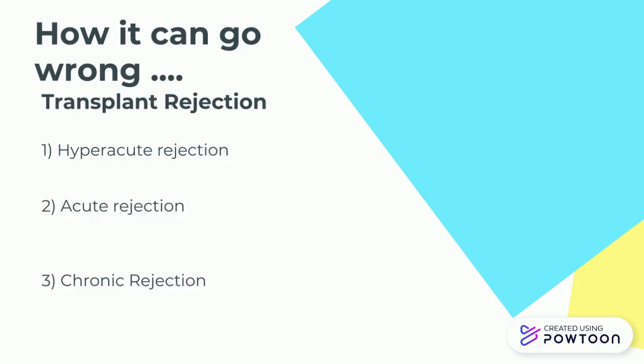A method used to ensure this doesn't happen is by testing and matching the donor and recipient's blood types and ensuring that they are the same, as well as checking for any potential antibodies in the recipient that could attack the antigens from the donor. Acute rejection is the main cause of early failure of the graft, and it occurs after